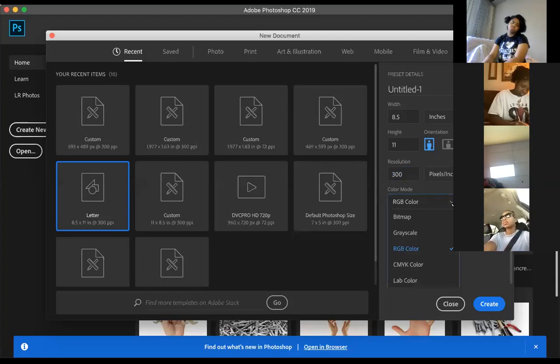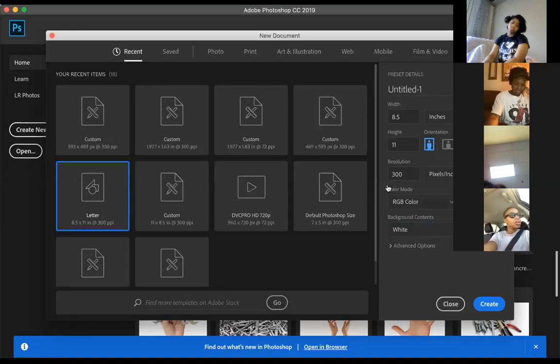There's also CMYK, we could get into that, and grayscale. Background contents is white. You can change that to a background color, or black. That's the color behind the image, like your layout board.